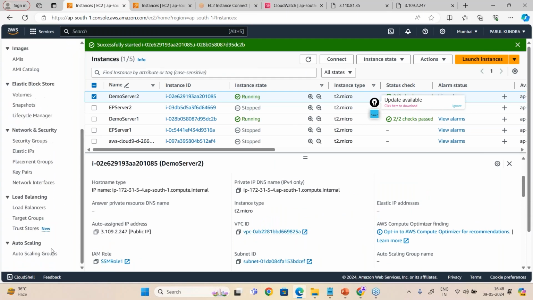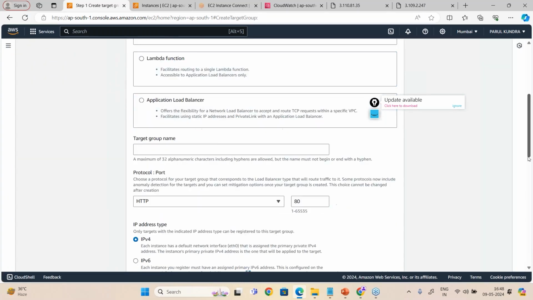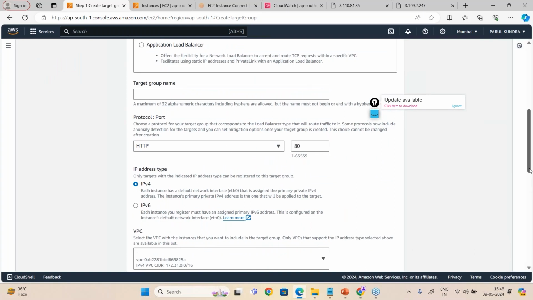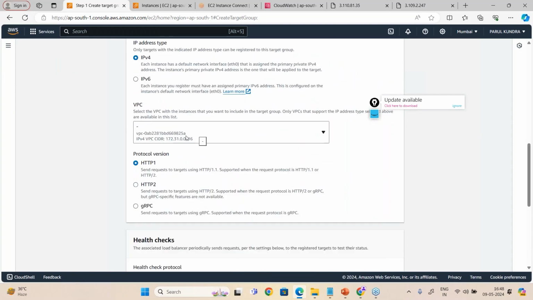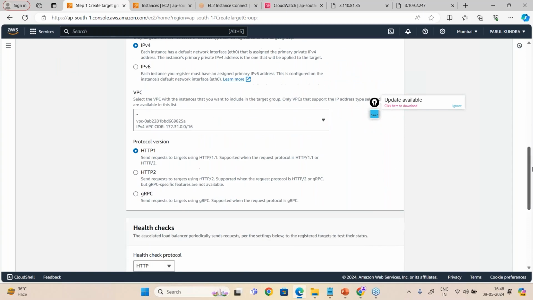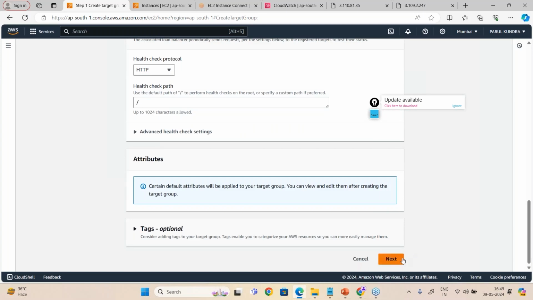So now I'm going to create a target group. How to create a target group? Let's finish this as soon as possible. I'm going to click on create target group. I'm creating a target group for instances, with protocol HTTP port 80, or HTTPS if it is a secure website, but we have not created any certificate, so I'm going with HTTP. Which VPC? 25A, because my servers are in the 25A VPC, so I'm choosing that option only. I have already created a web page, so it is going to hit my root page only. I'm not giving any health check path, so it will hit my server on the root folder only.